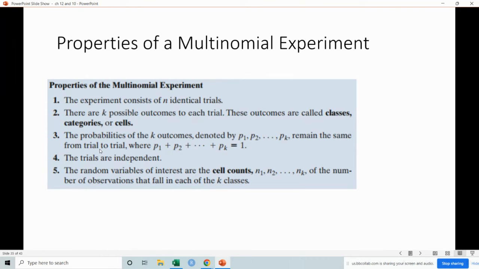So there's no change. It's like flipping a coin. The first time you flip it, you have a 50-50 chance. Well, the second time you flip it, it still is a 50-50 chance, right? So we're assuming that whatever probabilities we're working with, they don't change as the trial moves about, which is basically kind of what number 4 is saying. The trials are independent, right? So P1 doesn't affect P2. The random variables of interest are the cell counts,